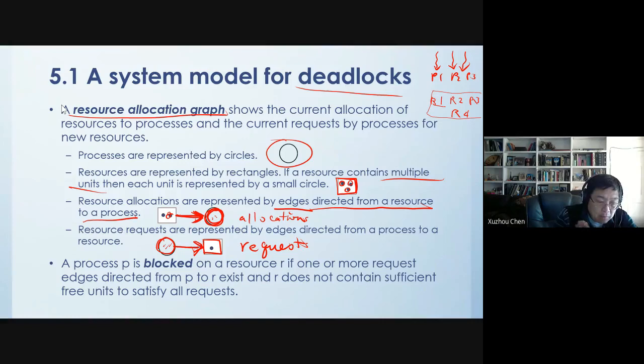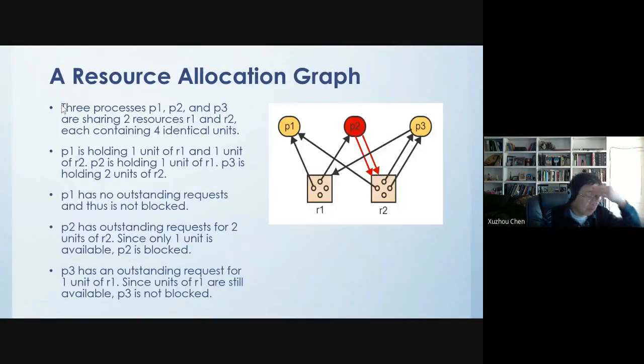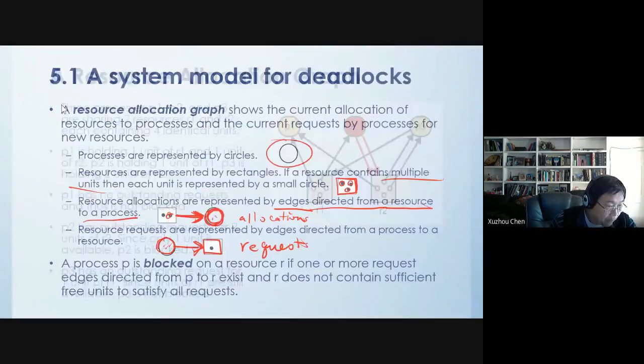Or if you ask further, before you get into the deadlock situation, can I avoid this deadlock situation? That's something we try to talk about. So now the resource allocation graph basically uses a couple of